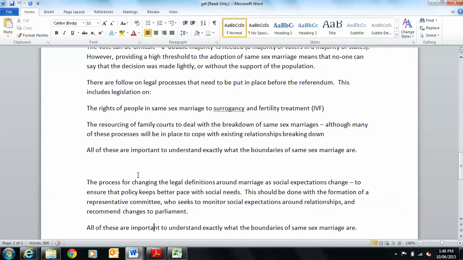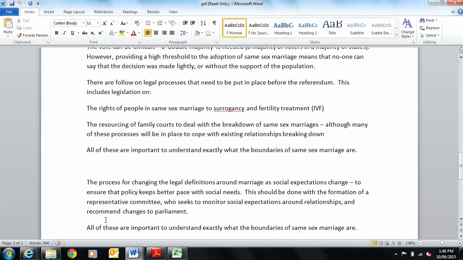Right? And then I've actually finished with a bigger recommendation too, and saying, well, if the law hasn't kept up with social changes here, family law, and if family law is something that's always going to be evolving, is there a process we can put in place so that the law keeps up with social expectations?